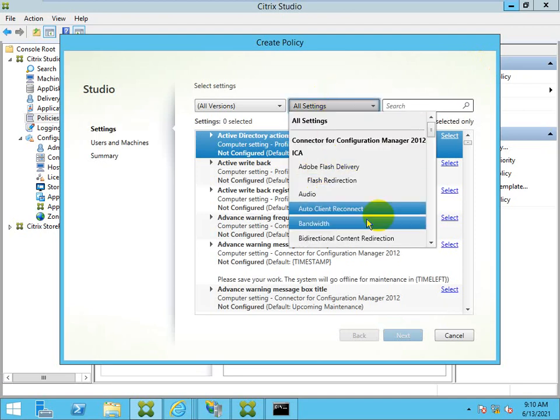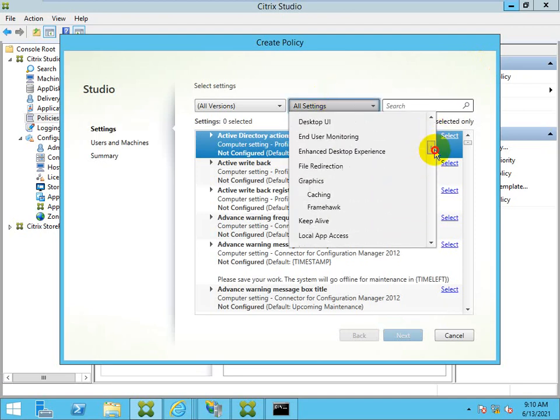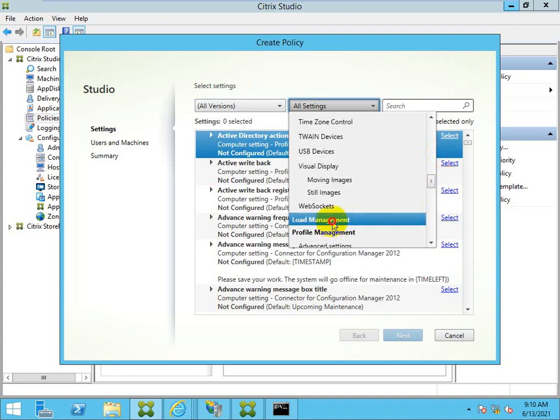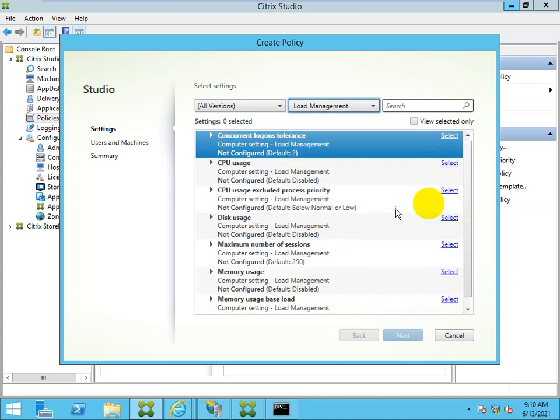Here first I am showing you the load management. What is keep alive? Keep the system on. Keep alive is the session showing the system is live.